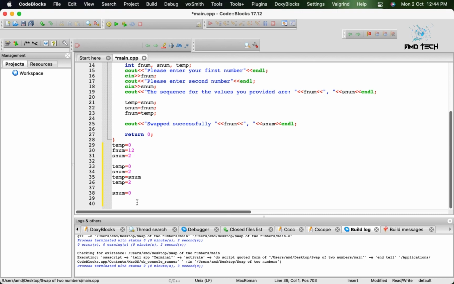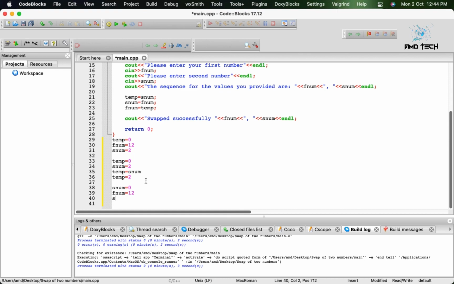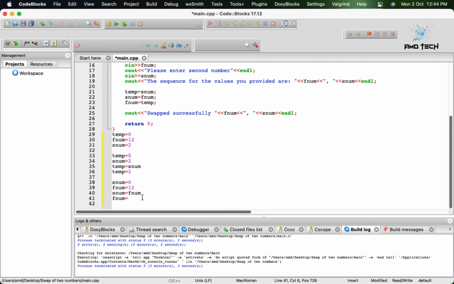So now we have F norm, which we are going to move its value into the S norm. So now this is what we're going to do. We're going to equate the S norm to F norm. That's the first number, which is this. Currently the F norm, where is it? Okay, our f num is still this, and our s num currently is 0. So I'm going to move this value into this. So we're going to equate this to this. So now our f num will be equal to 12,